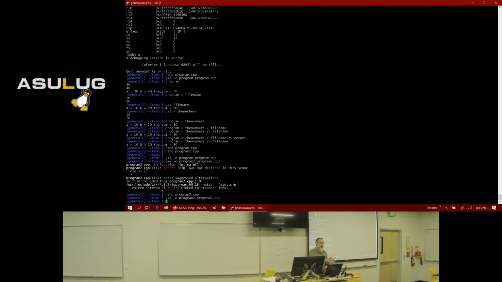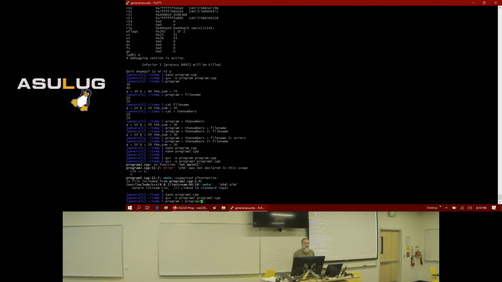So let's run the first program, which will spit out the sum of the two numbers we enter. And let's send the output from program 1 to be the input to program 2. So we can run program 1, and we're going to pipe the output to program 2.